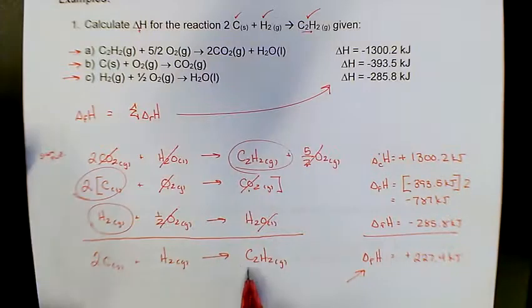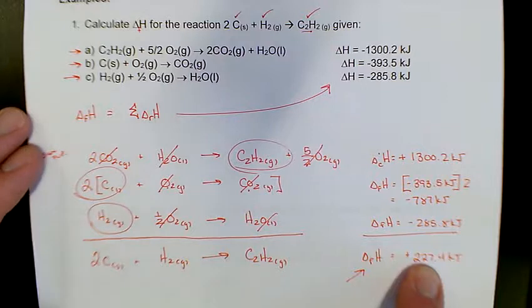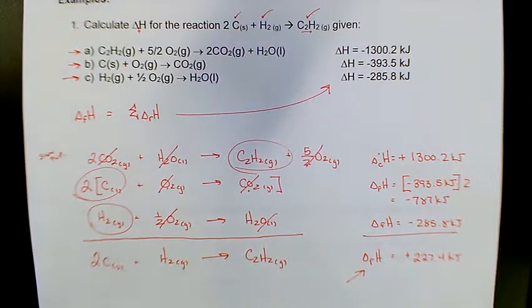So, how many moles did we form here? We formed just 1 mole, so it should make sense that it is positive 227.4. So that's a nice piece of evidence that we have for us to prove that Hess's law truly does work. Okay,